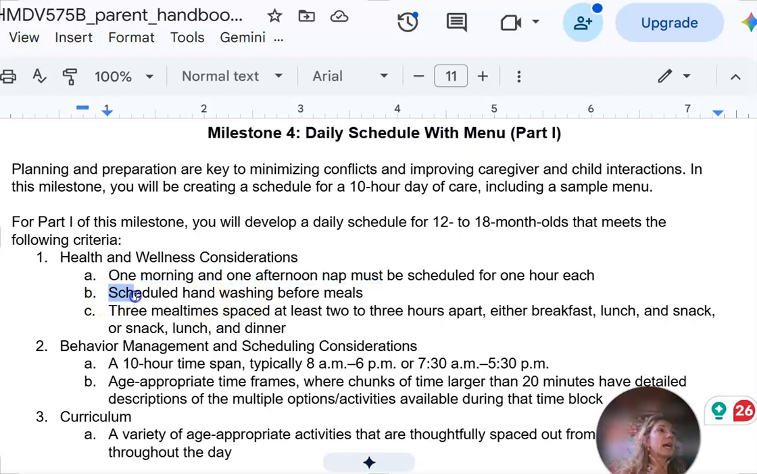Now you also are going to have to state and have at least a certain amount of time set out for hand washing before meals. Also, you're going to need to have 3 meal times. These 3 meal times need to be spaced 2 to 3 hours apart. You can choose to have breakfast, lunch, and snack, or you can have snack, lunch, and dinner, depending upon when your daycare is running. So your 10-hour span